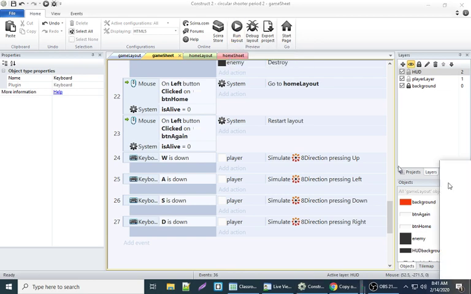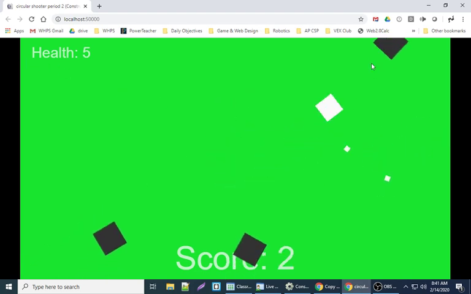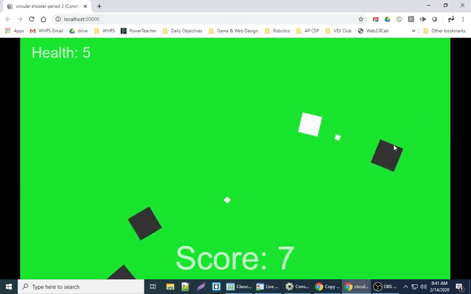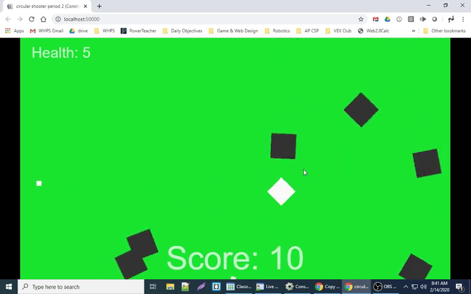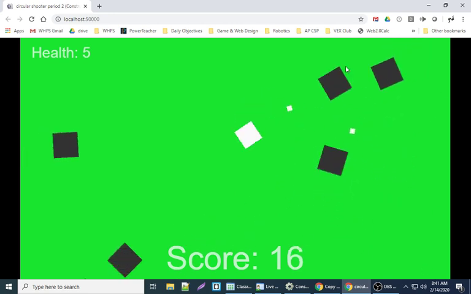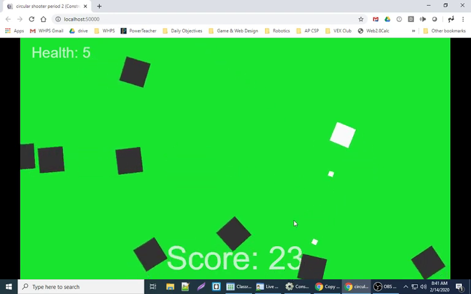So now, if I run this, the game is going to be the same. But now my WASD keys can run my character around. And already, for me, it feels smoother. It feels like I'm more in control and I know where things are going. Just because that's what I'm used to when I play games for the computer, keyboard, and mouse. So that's just a change that you can make on your own. For right now,